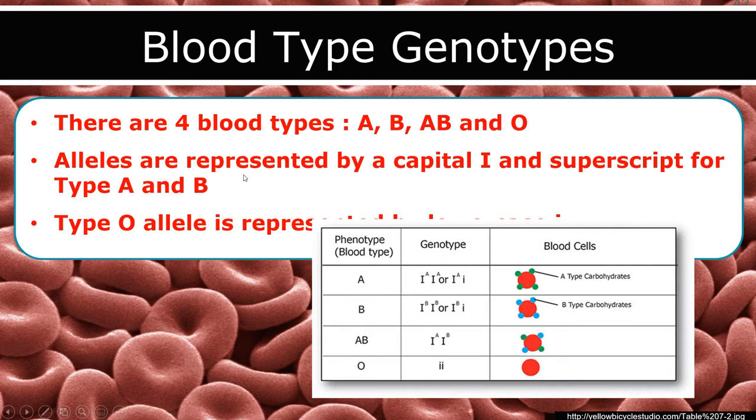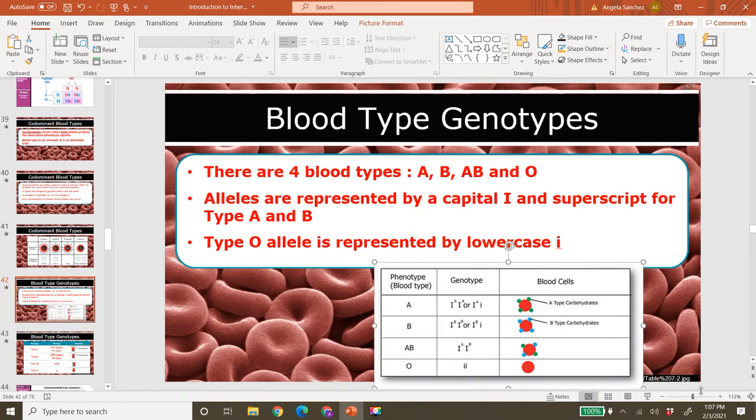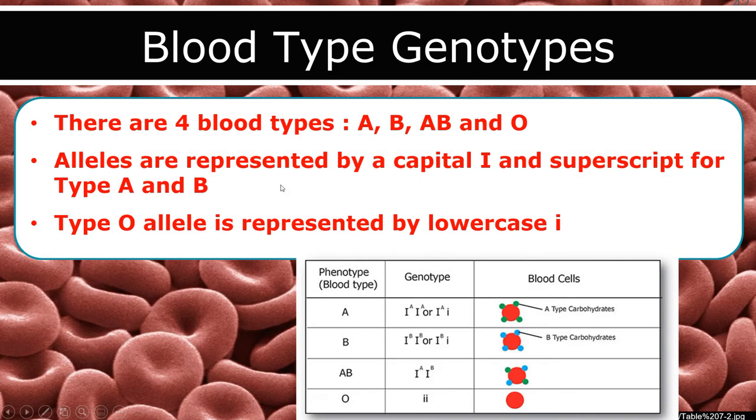So in this case, we're changing how we use our alleles. Our alleles are always going to be represented by a capital I and a superscript for either A or B. So for type A,